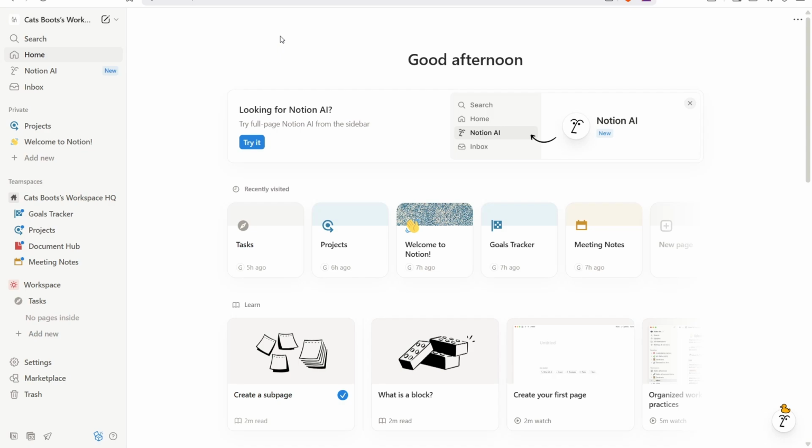In this video, I'm going to show you how to create database in Notion. Let's get started. After successfully logging in to your Notion account and being able to access the homepage, the first